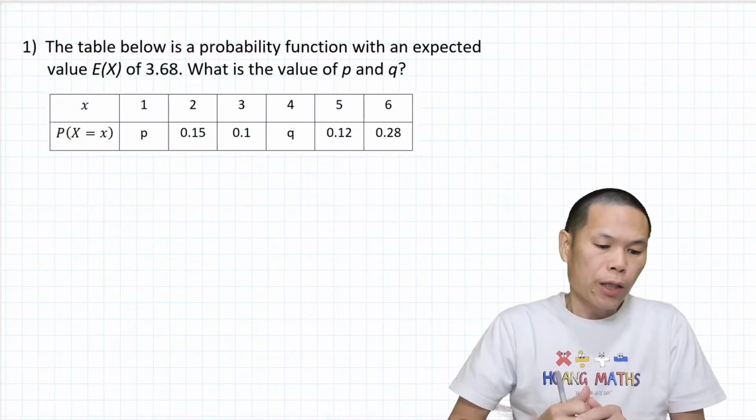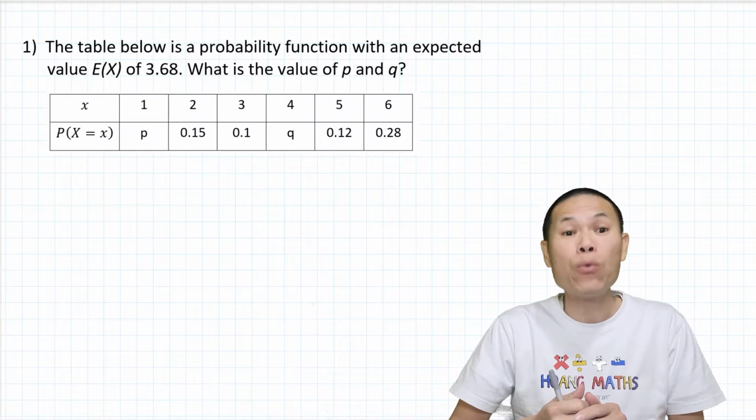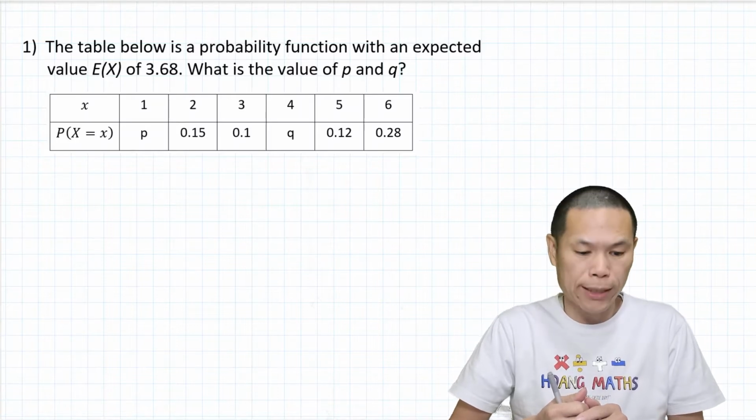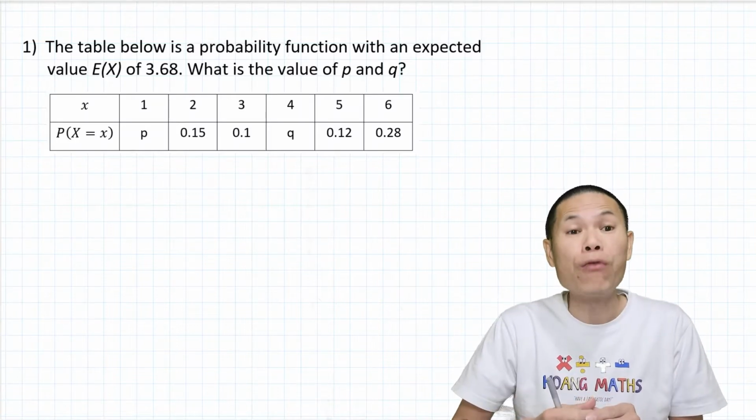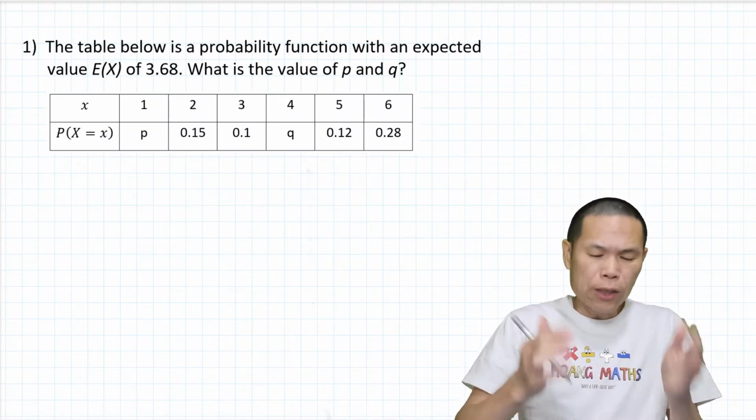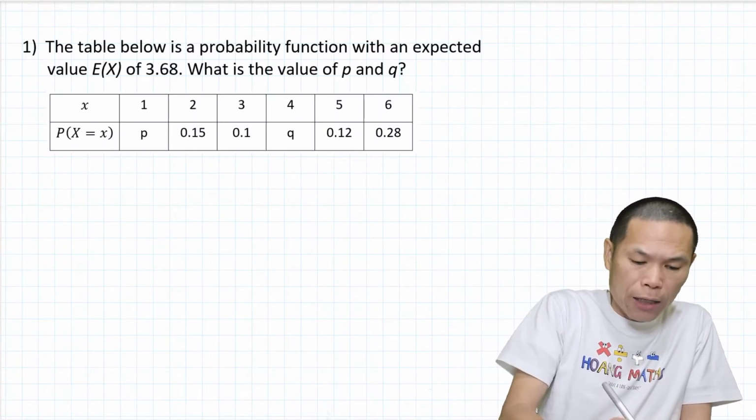First one, the table below is a probability function with an expected value of 3.68. What is the value of P and Q? So first of all, we know that the expected value